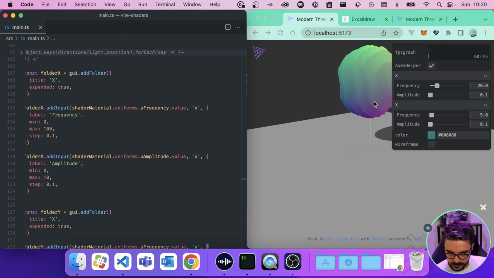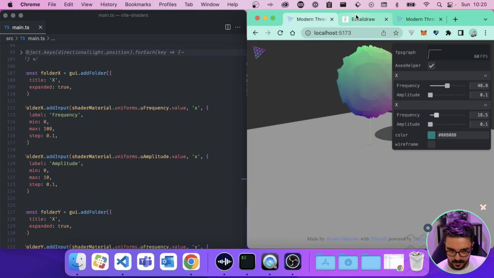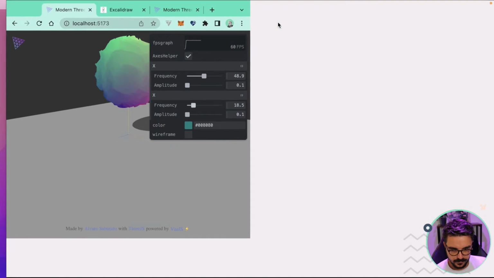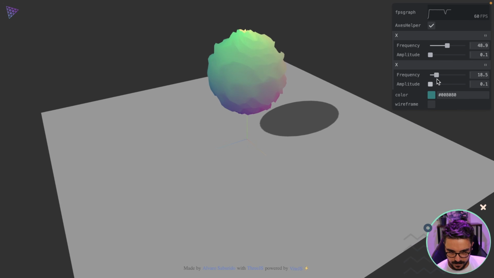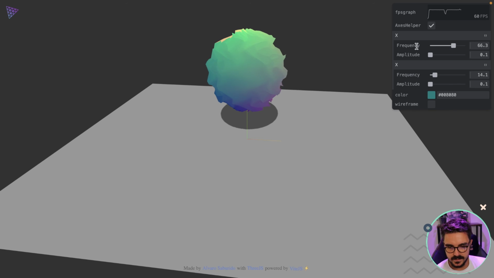Now it's better because we can actually add more frequencies. So yeah, look at that. I'm going to put it on full screen. We can change the frequency of each one. And when you change the X and Y frequencies, you start having waves.